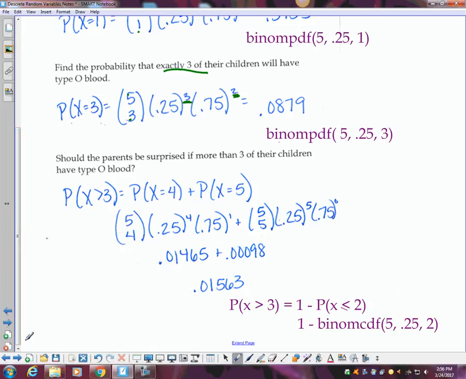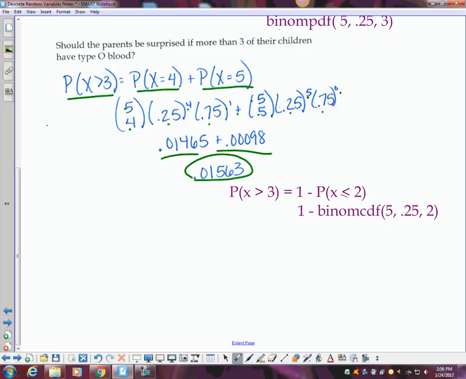Okay, look down here. Should the parents be surprised if more than 3 have type O blood? So this is more than 3, which means the probability that it's 4 and 5. So this is 5 choose 4, succeed 4 times, fail once, plus 5 choose 5. I want to succeed all 5 times and fail none. Type all that in and get your decimals, or, and this is how you can manipulate this,